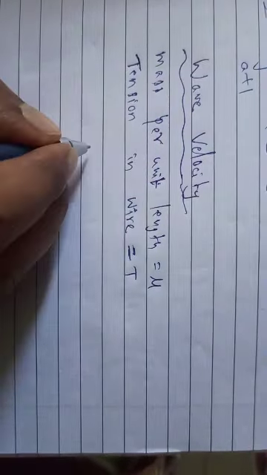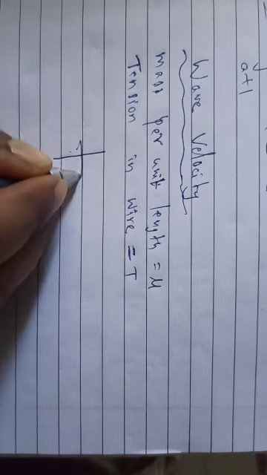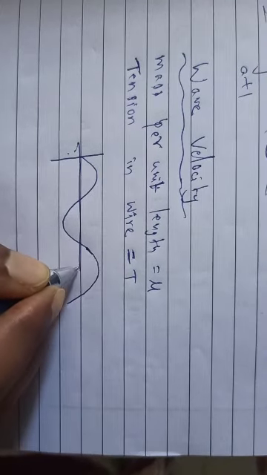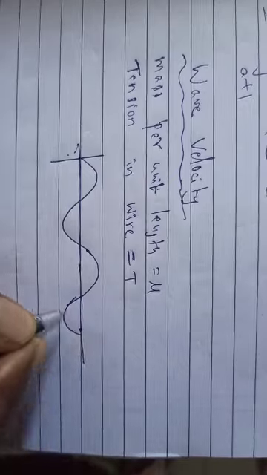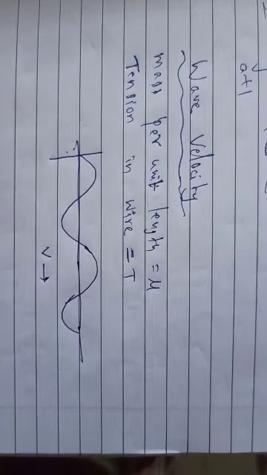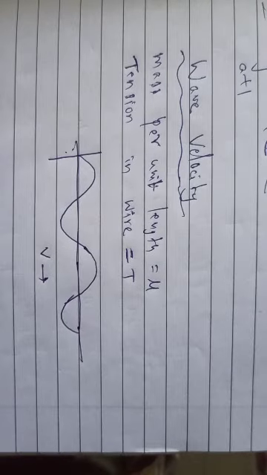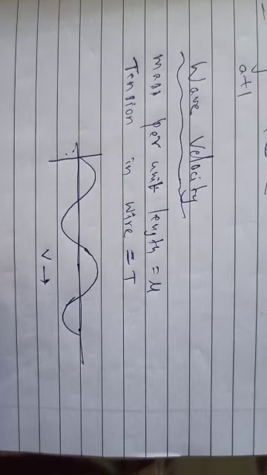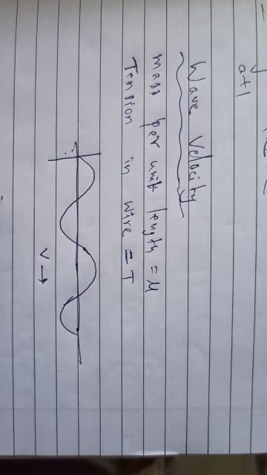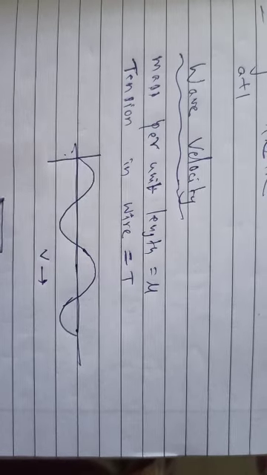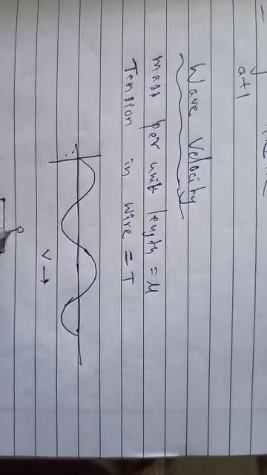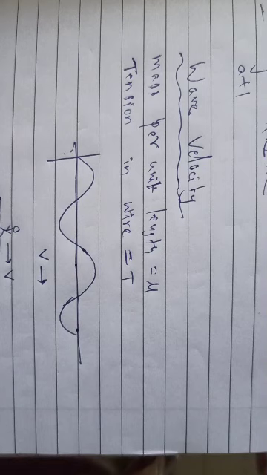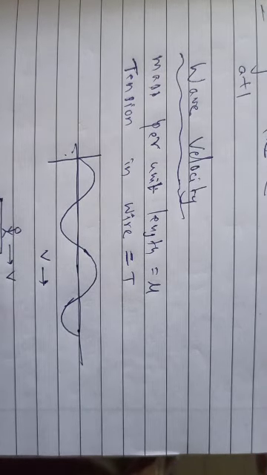Okay, so you can just see, suppose at any time the wave is in this form, and the wave is traveling with speed v. This is the shape of the string at a time. Now suppose there is an observer, a person who is also moving with speed v. Now what will this person see?